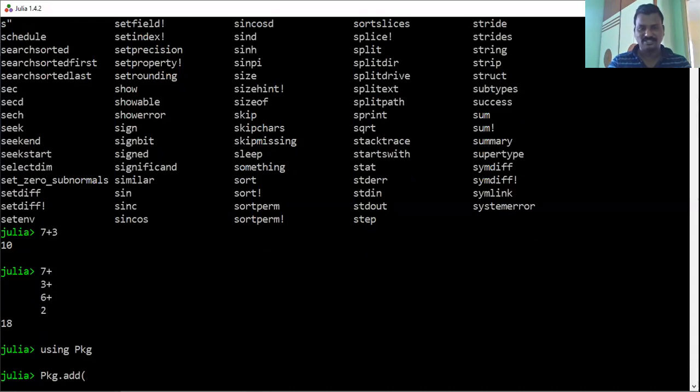Whatever the package is, iJulia, write it like this: capital I, capital J, Julia, in double quotation marks. Yes, it will add. If you press enter, it takes a long time to execute the program. Then it will add to the Jupyter notebook.